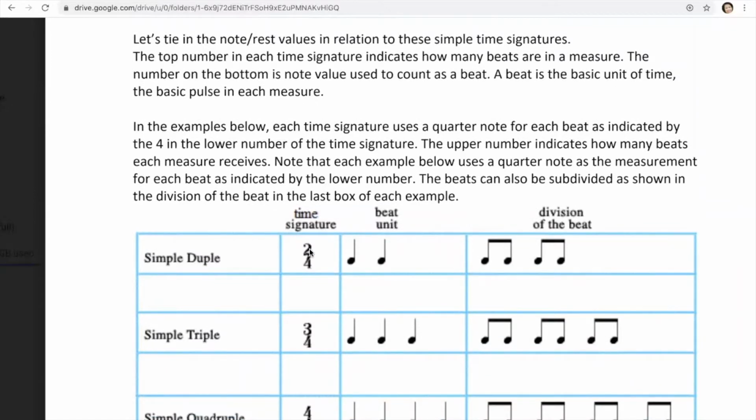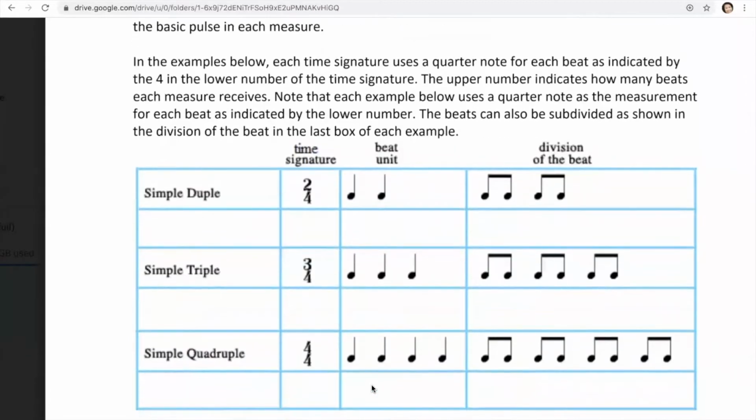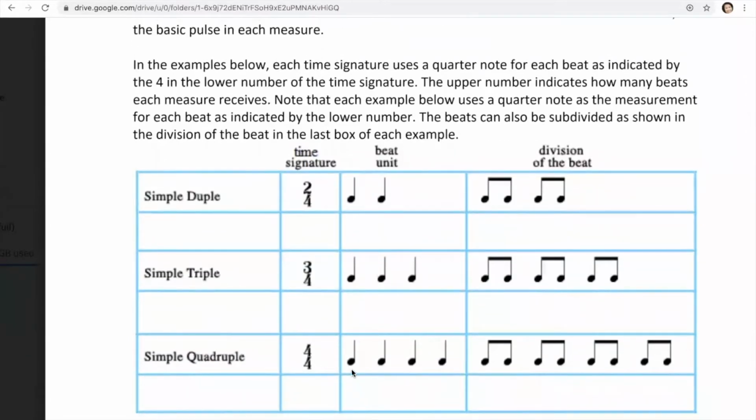The top number in each time signature, as I'm pointing here in the simple duple, indicates how many beats there are in a measure. So in the simple duple, the top number means there are 2 beats in each measure. In the simple triple, this 3 indicates there are 3 beats per measure. The simple quadruple means there are 4 beats